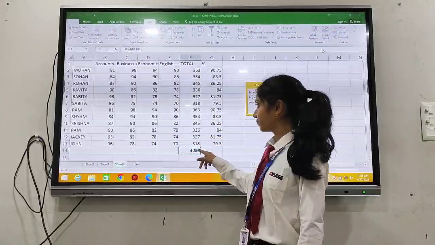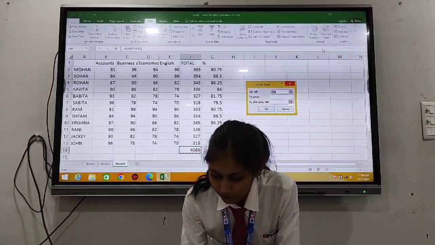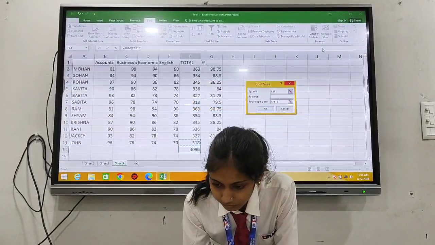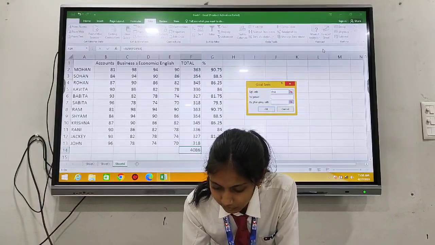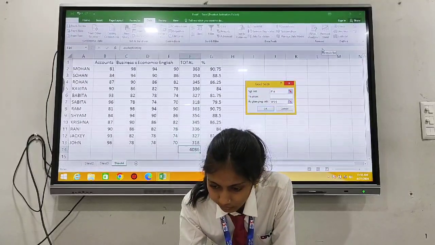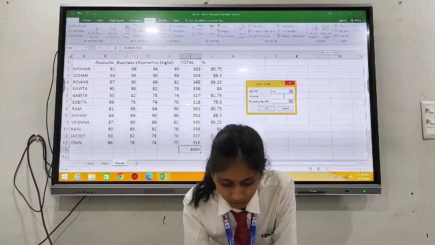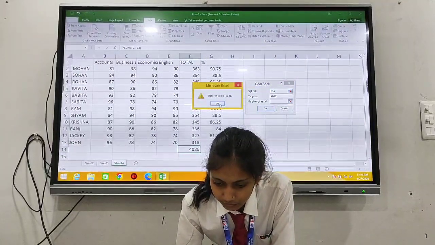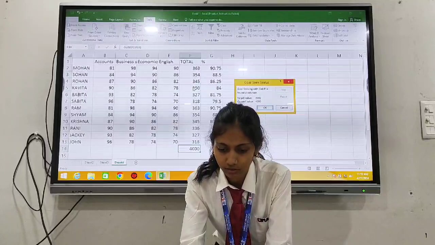Here I selected the F14 cell. The amount is 4086 now. Now we will enter the value. So the total